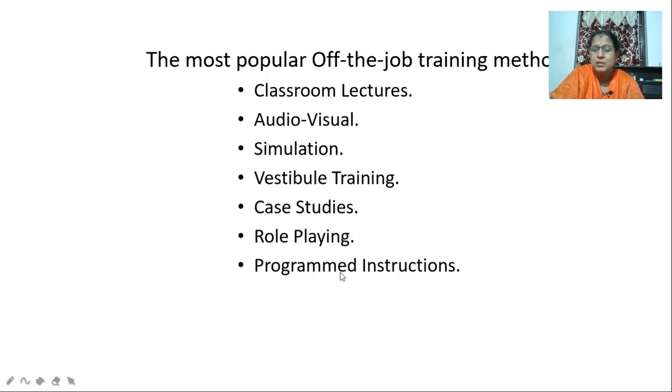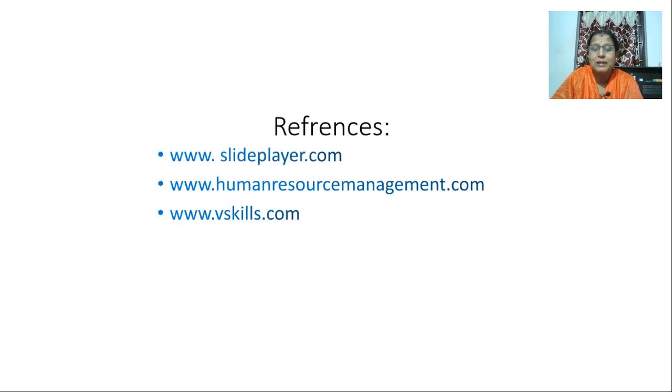And programmed instructions also will help us to do the job. Off the job training, all these things anyway. But here, in off the job, the employee will be given all the ideas, ideologies, similar situations, imaginary situations, the case studies, as I told you. They understand everything, they learn everything, and they have to experiment with it once they go back to their offices. Whereas in on-the-job training, along with your position, along with that machine or wherever you are operating, along with your operations, when you are on the job only, you are going to get the instructions to do the job. That's the difference.